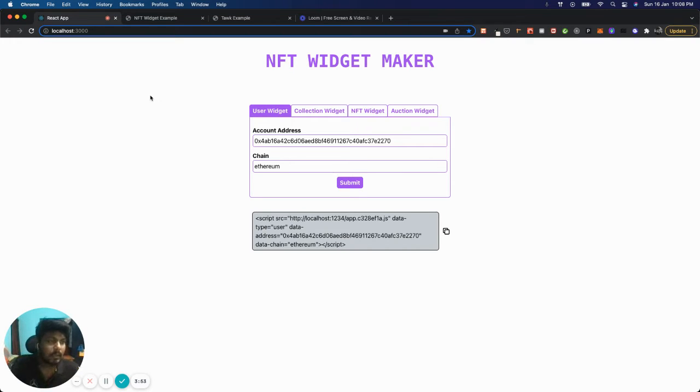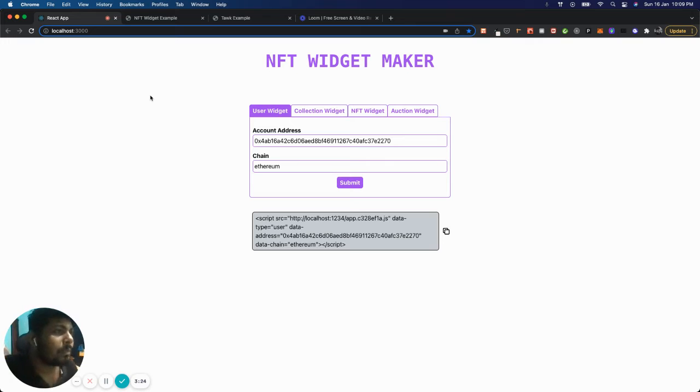So as of now, I have seen that only OpenSea has provided a facility for a widget, and what it helps us do is just have a single widget form that has a buy button from which you can actually buy an NFT, but that's it. You don't get user level information, or a collection level information, or an NFT specific information widget, or even an auction specific information. So those kinds of widgets are absent, and that is why I've built this project.